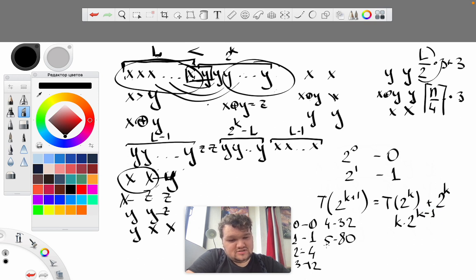So 80 is 16 times 5. This is 5. This is 16. And if we actually substitute here, 2 times 2 to the power of k minus 1, we get 2 to the power of k, plus this one, it's k plus 1 times 2 to the power of k, which is what we want. So yeah, 2 to the